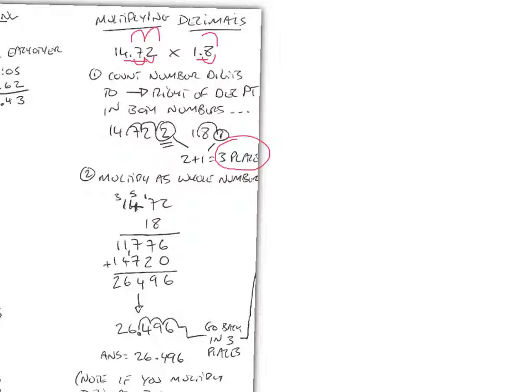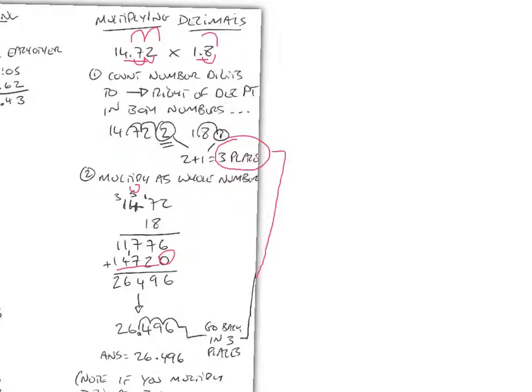multiply 1472 times 18 as whole numbers, really. Okay, so 8 2s are 16, carry the 1, 8 7s are 56 and 1 is 57, put down the 7, carry the 5, and 8 4s are 32, plus 5 is 37, carry the 3, and 8 1s are 8 and 3 is 11, put down our 0 here, and we write 1472 there again, 1 by 2, 1 by 7, 1 by 4, 1 by 1. Add them all up, we get 26496, but we have to bear in mind that up here